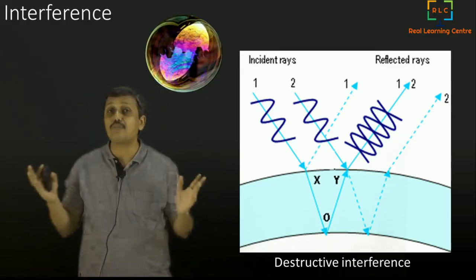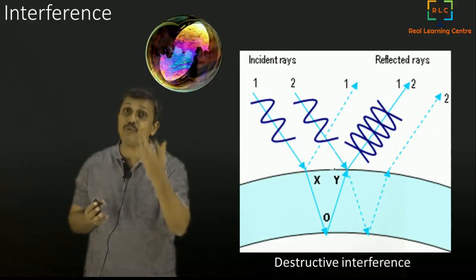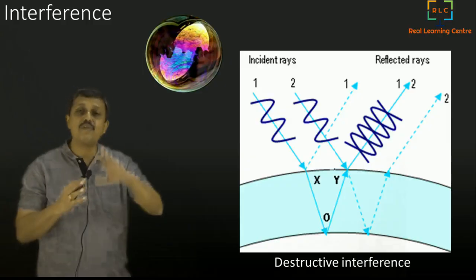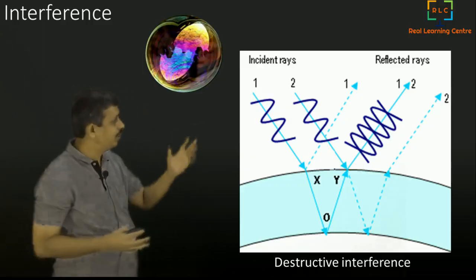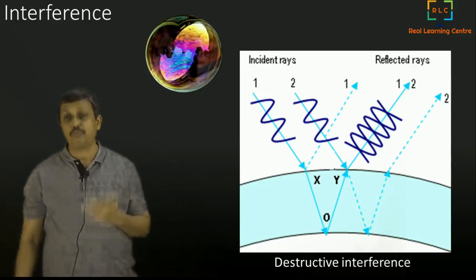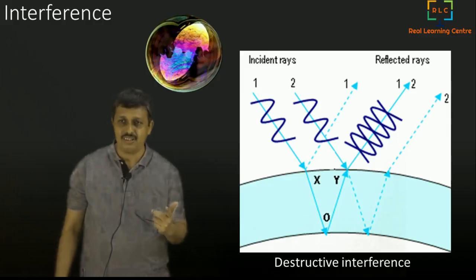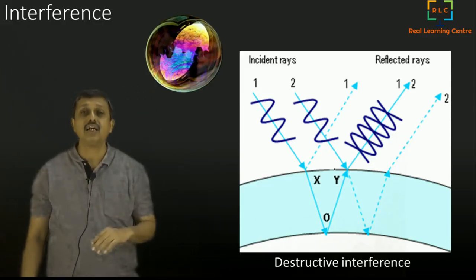If they are in different proportion, you don't see it as white. You see that color more. So that is what happened. Some of them were actually removed, some of them were enhanced. Hence, you look at it as a nicely colored soap bubble. So this is called interference, and we can do a lot of study on interference and understand the wave